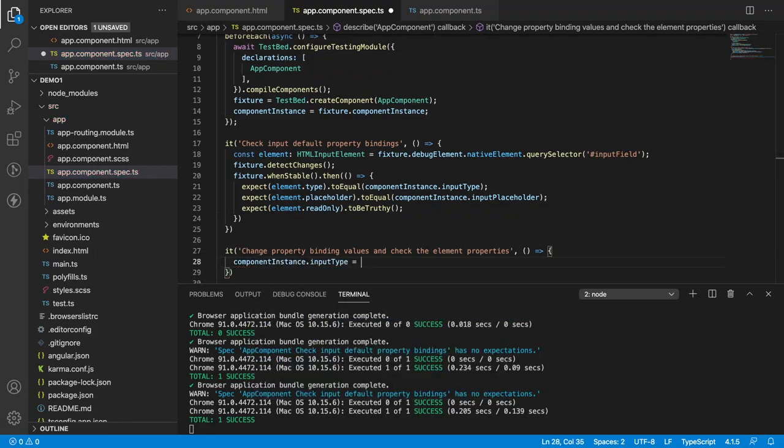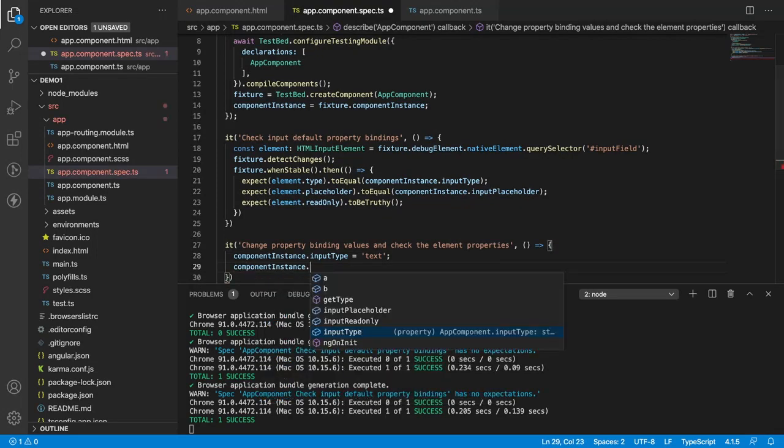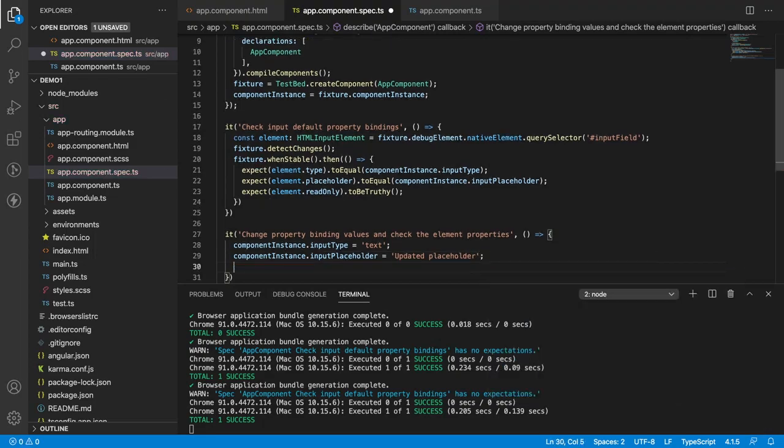Let me pass this input type as text. So I am changing the input type from number to text, and also I am changing the componentInstance dot placeholder value. That should be equal to my updated placeholder. So my placeholder value should be updated placeholder.